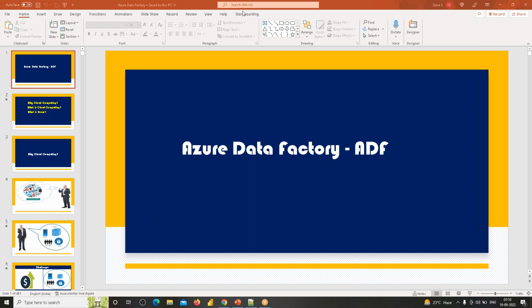Okay, so let's start. As we discussed in our demo session, we are going to learn our cloud ETL tool, Azure Data Factory, as the primary one.